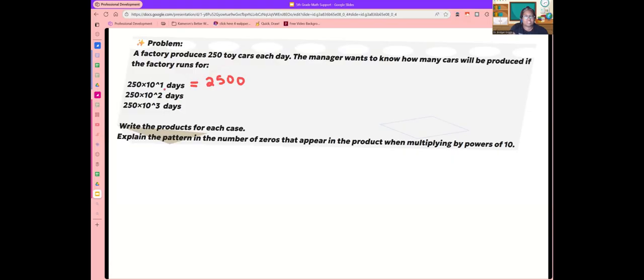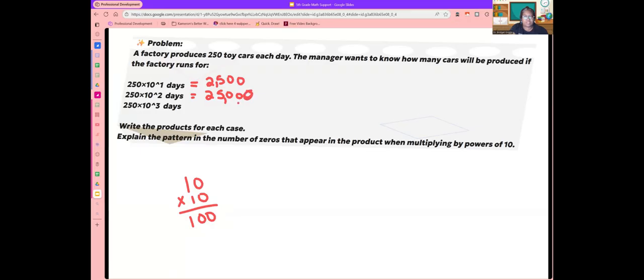All right, so 10 to the second power is the same as 10 times 10, which is 100. So 100 has 2 zeros, so that means we'll be adding 2 zeros behind the 250. So 250 plus 2 zeros. So now we are at